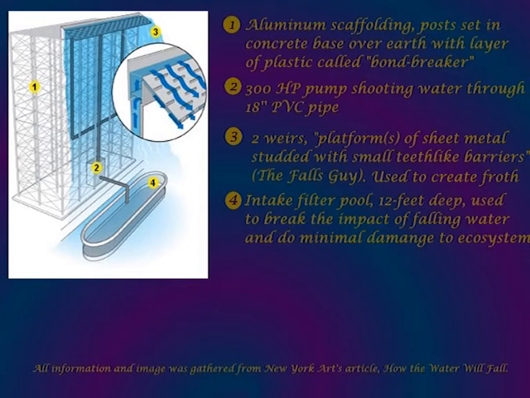In an effort to make the falls look as realistic as possible, Eliasson decided to aerate the water at the top of the falls. To do so, a platform was created out of a studded piece of sheet metal. The more studded, the more froth that could be created. Each fall has 2 of these platforms, creating a choppy and realistic flow of water from the artificial falls. Eliasson did not want to disrupt the East River, so he installed a solid bottom pool 12 feet underneath where the falls drop. There were also measures taken to not harm the animals and boaters of the area.